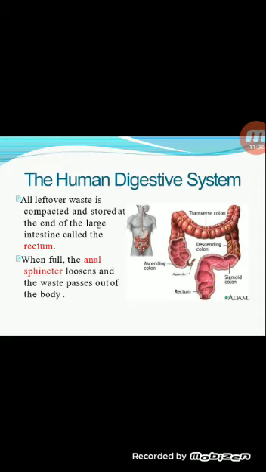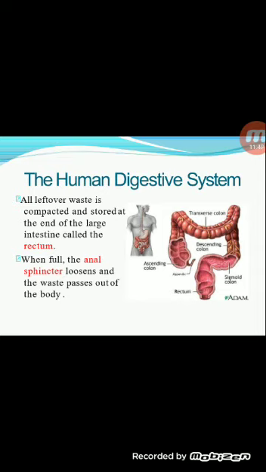Let us have a small quick revision. The travel of food takes place from which part? Mouth. Very good. To anus. Very good. Let us recollect all the parts between mouth and anus. So the food enters the mouth. What is happening over there? Yes, the mouth is taking the help of saliva produced by the salivary glands. The food is becoming smooth and then enters the food pipe and then the stomach.